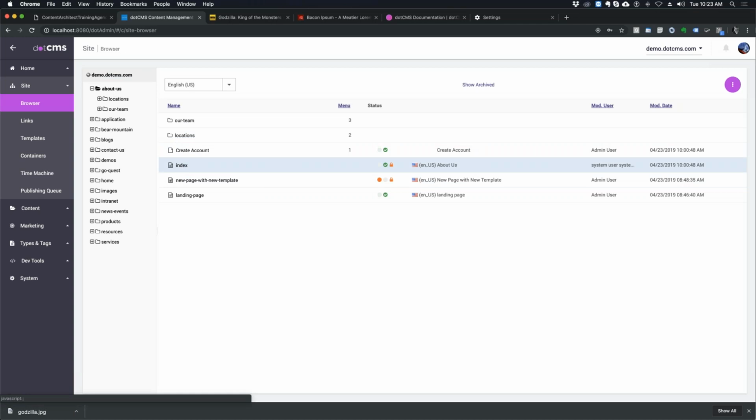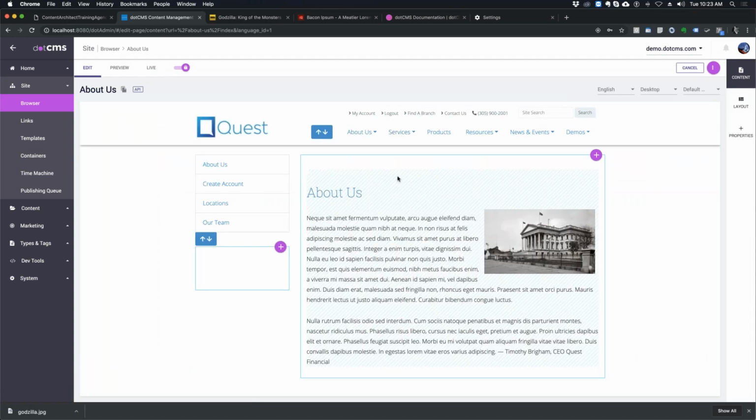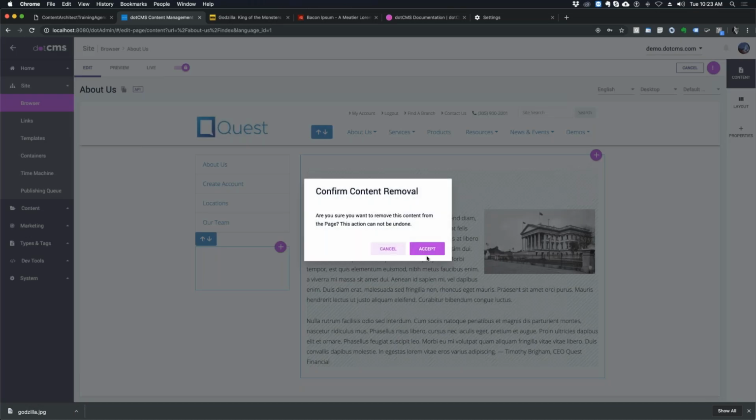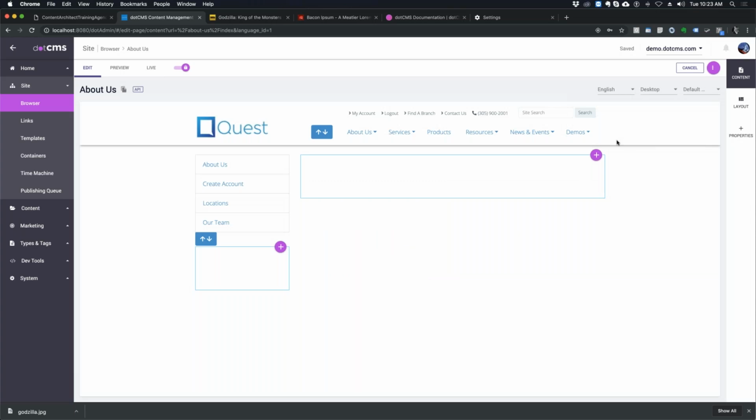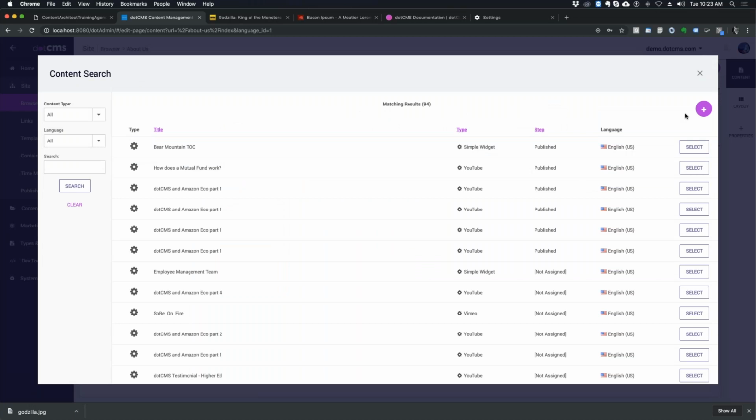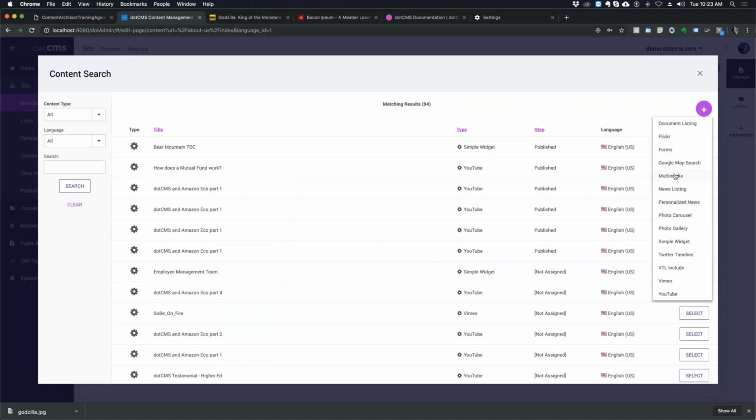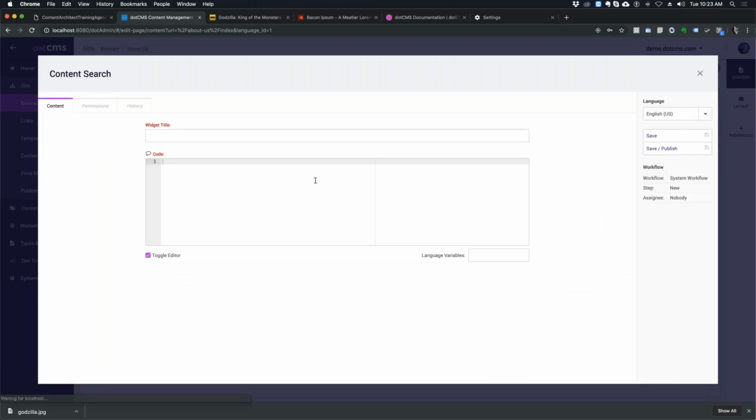And I'll put it right here on a page we're familiar with. So here's my About Us page. I'm just going to delink. I'm not damaging that content in any way, I'm just delinking it from the page. I'm going to put a new widget on the page, and I'm going to say I want not one of these parameterized widgets, just a simple widget so I can drop code right on a page. So if I want, here's host